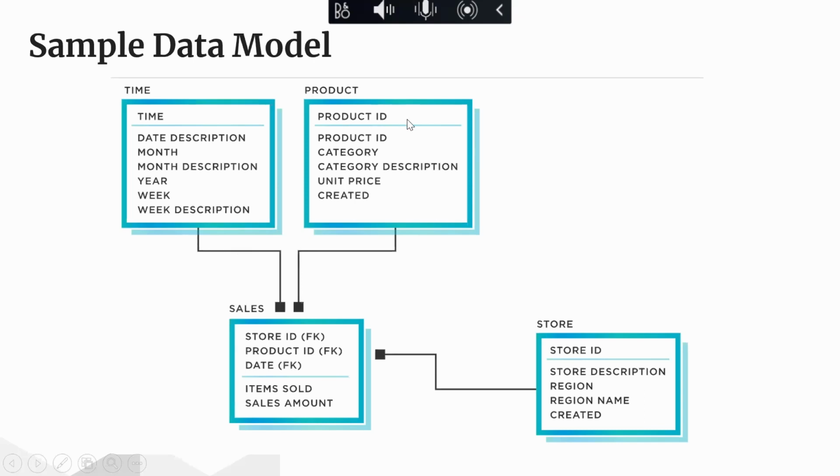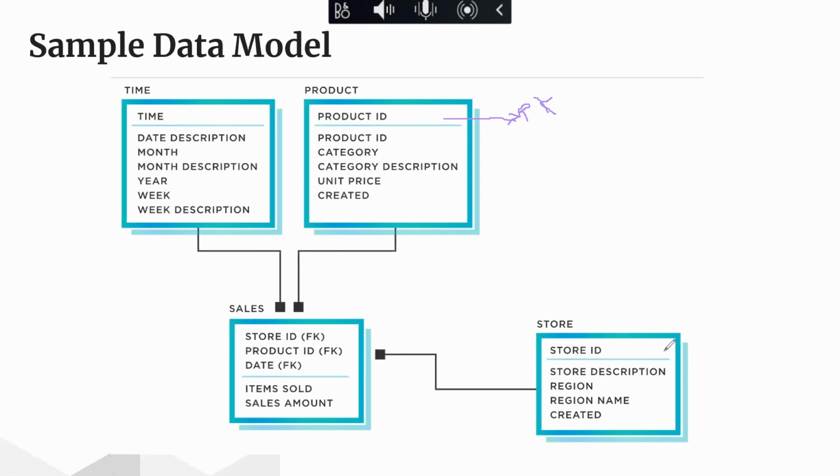And you'll find something else. We have product ID. This is the primary key right here. Let me see if I can shift this a bit. So this is the primary key here for the product. The primary key is a unique identifier for each record in the product table. That means you cannot find two of the same product ID. You can only find one product ID. That is the primary key.